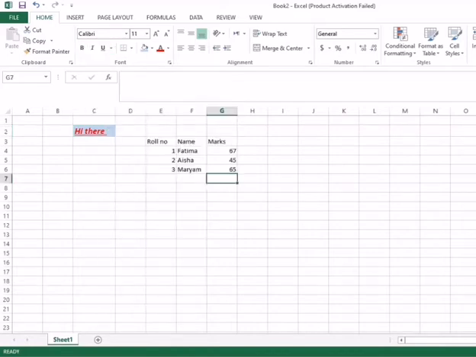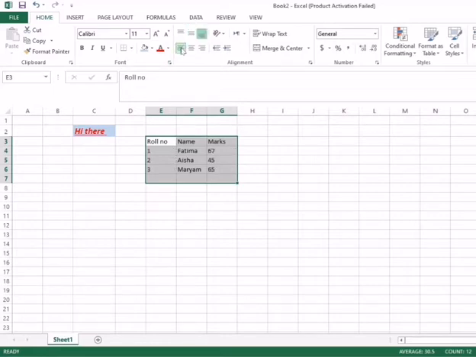I enter some data here, select this, and you can see here alignment options. Like if I click here, this becomes right aligned. If I select here, this becomes centered, and this is down. Okay, you can see this will be on the left side, this comes in the center, and here the right side.